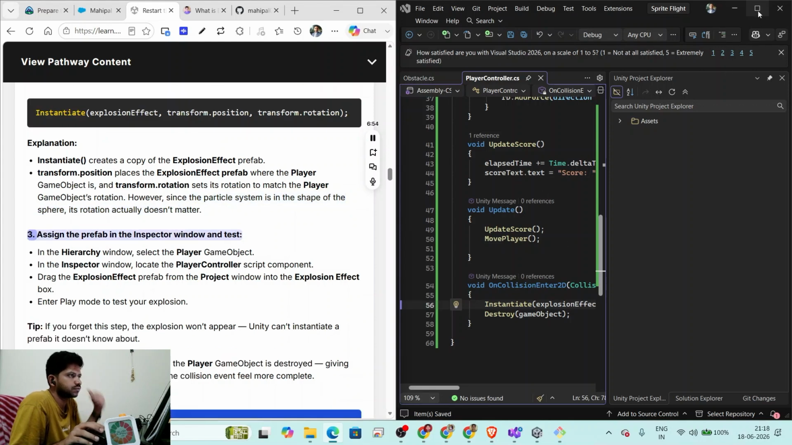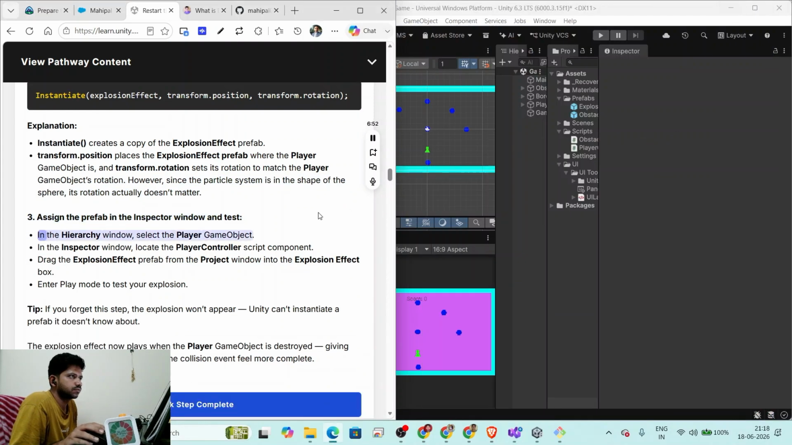3. Assign the prefab in the inspector window and test. In the hierarchy window, select the player game